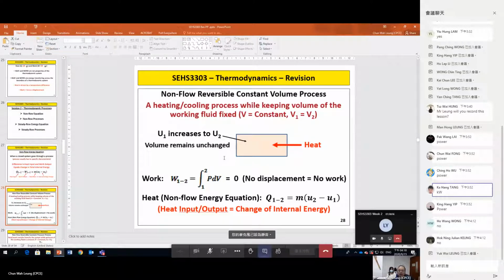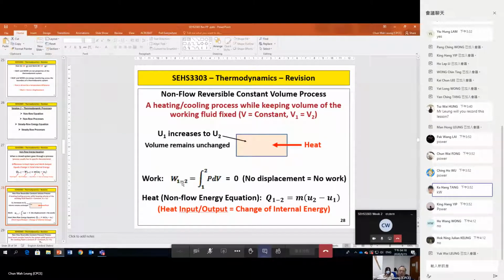Now, this equation can only be used for non-flow, right? For a non-flow process from 1 to 2, for example, we heat up from state 1 to state 2, so